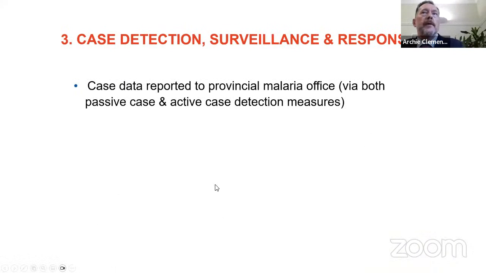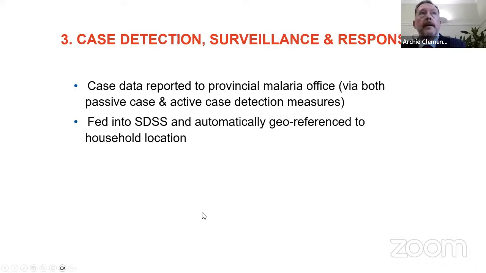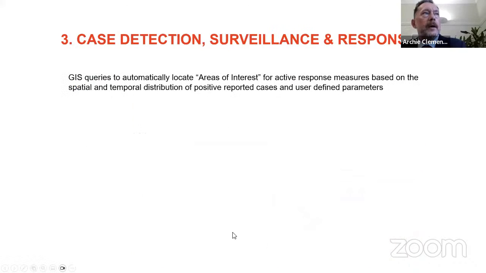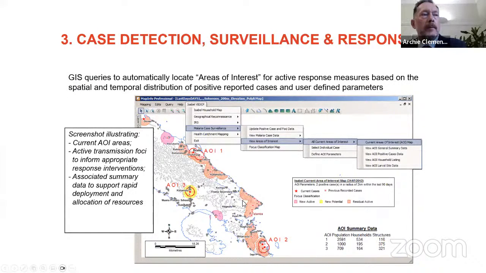And then the third component of the spatial decision support system was surveillance response. So when someone got sick, they would go to a health centre, there would be a rapid diagnostic test, they would be diagnosed with malaria. That information was radioed through to this surveillance response team and captured in the spatial decision support system. So here we have an island in Solomon Islands, and we have the active malaria cases demonstrated with the red stars. And then we could produce investigation zones around those index cases where we would do reactive case detection and attempt to stamp out transmission.